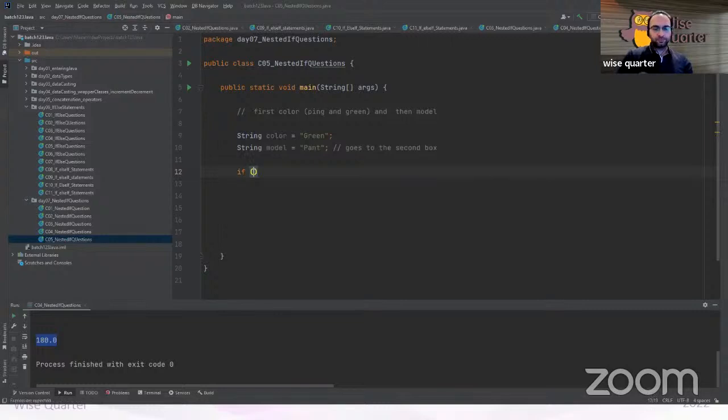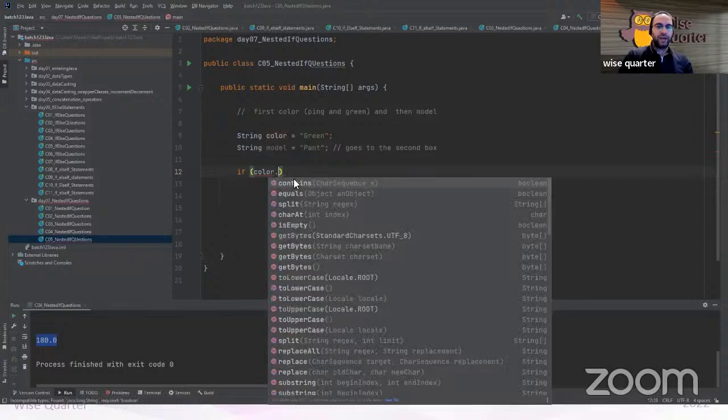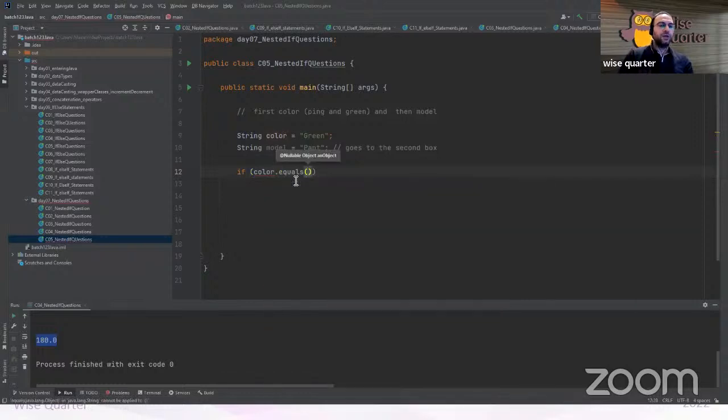If color equals to... If you are talking about the string data type, you cannot use the equal symbol. Instead, you have to use equals. Don't forget that. If you are checking a string data type, instead of the equal symbol, you should use the equals method. If it equals green,